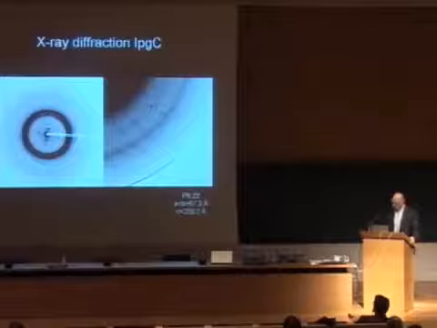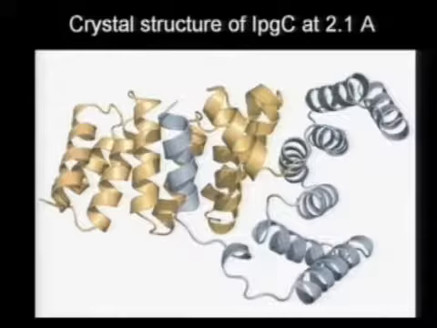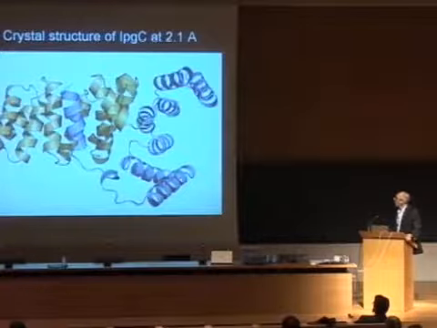This is actually the first imaging we got from the crystal of IpgC. This is obviously not interpretable, so one has to create models to see how the protein actually looks. And this is how IpgC looks. And this is kind of an interesting protein. It is all alpha helices, as you can see. And it is made of these things that are called TPR motifs. TPR motifs are used in nature for many different purposes. It's an effective construction model.